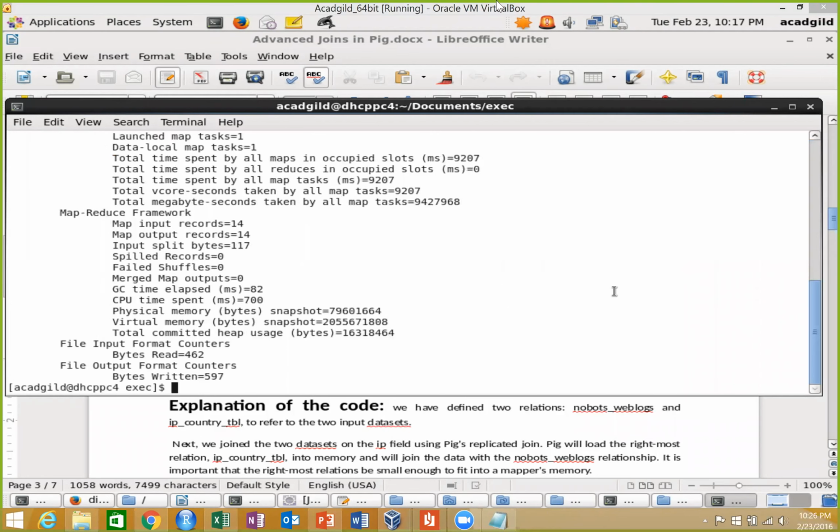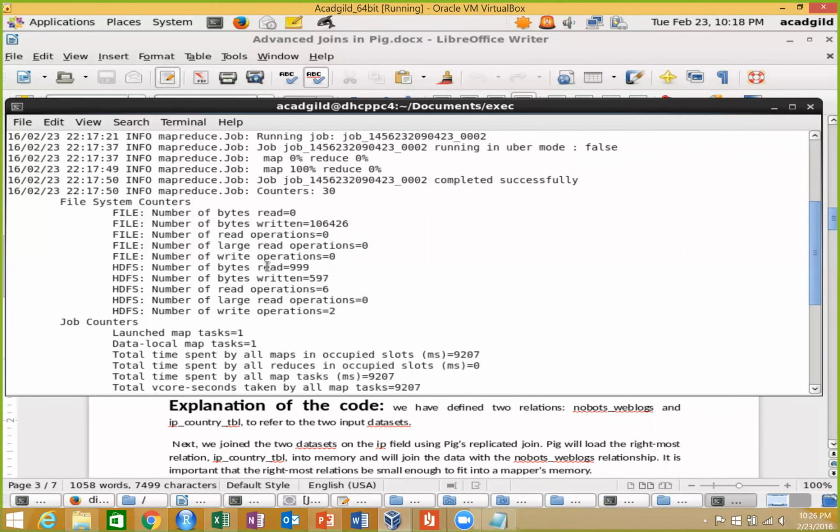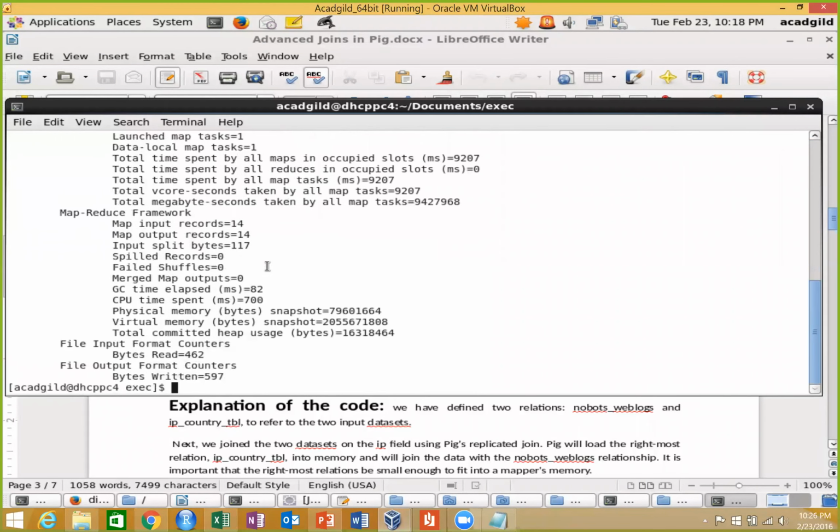So our MapReduce job has completed. One other thing I want you guys to research is these counters. This is known as counters. What sort of information is it giving you? That's something you should know thoroughly: how many input records, output records, and what other information it provides. Try to understand most of it, not every bit, because